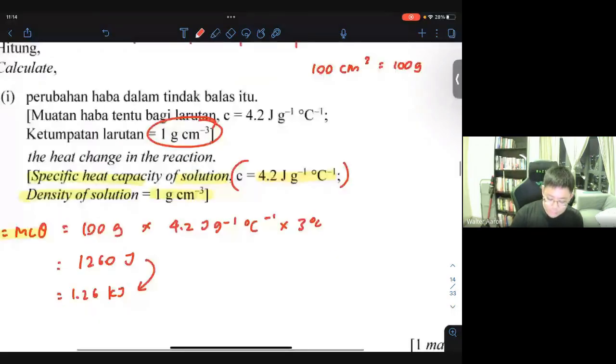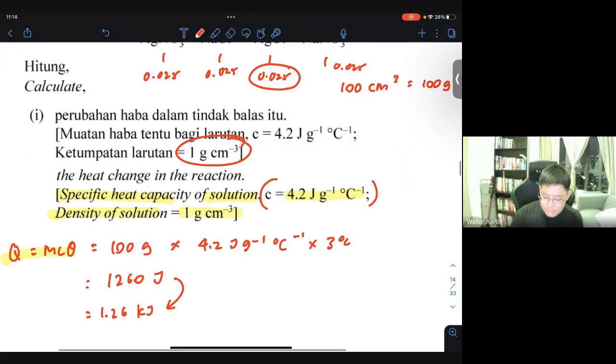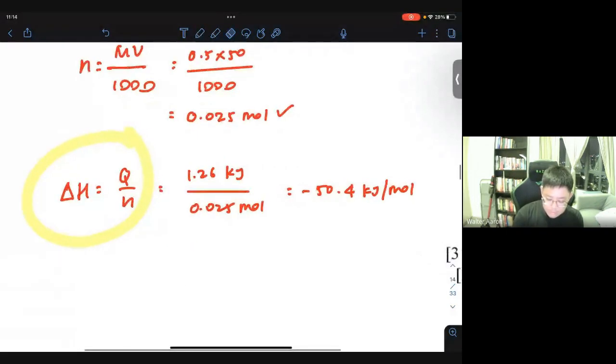So if this solution over here is 0.025 mole, this one is also 0.025 mole, this one is also 0.025, this one also is 0.025, because all 1-to-1 ratio. So now that we have the number of mole of silver chloride, we can then substitute the value into this formula over here. So 1.26 is the one that we calculated earlier for Q, and now 0.025 is the one that we calculated for the n earlier. So right now, if you just use your calculator, divide the values together, then you'll be able to get 50.4